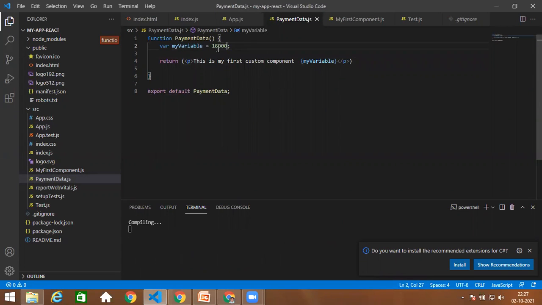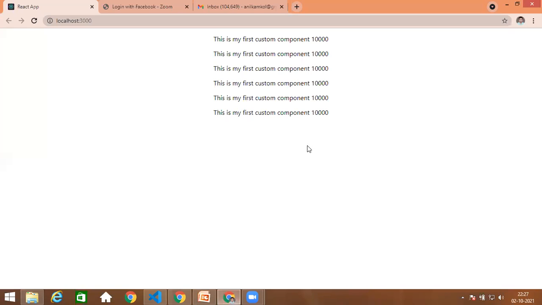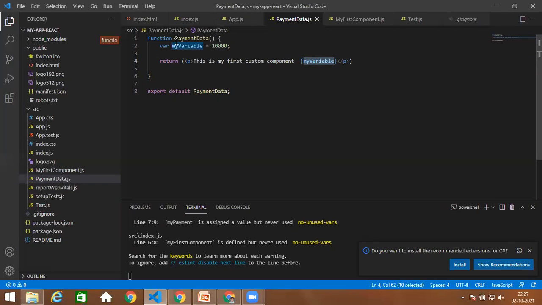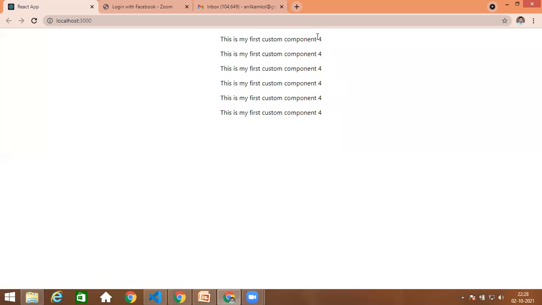So the 10,000 amount I should be able to display. See here, 10,000 amount in the payment data component. I have declared my variable using JavaScript code, and I am displaying it by using these flower brackets. Inside this, whatever code you want, you can write. Say for example, if you do 2 plus 2 here, you see 4.